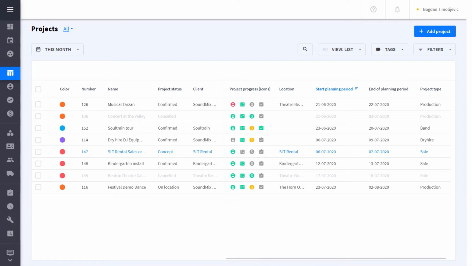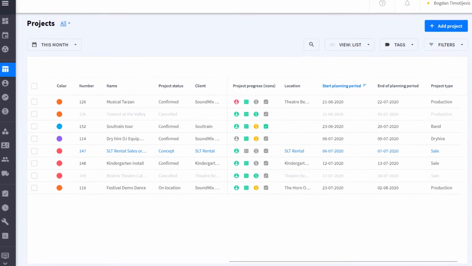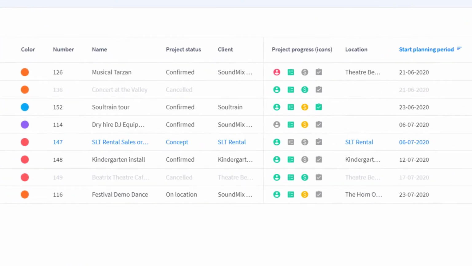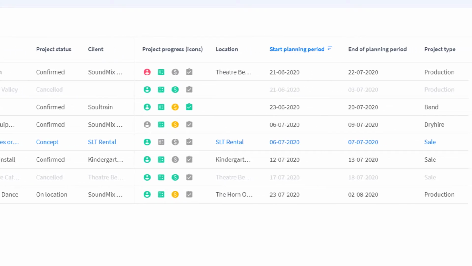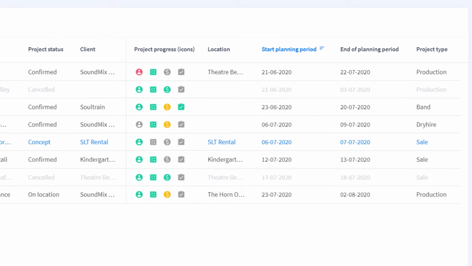Rentman helps you keep track of all of your important data in one place by providing projects to plan on. When you create a project in Rentman, you can quickly plan based on availability and then easily send out a quote for the project. Projects are the central place in which you plan your equipment, crew, and transport. It also provides a place to organize documents and tasks or communicate with notes.